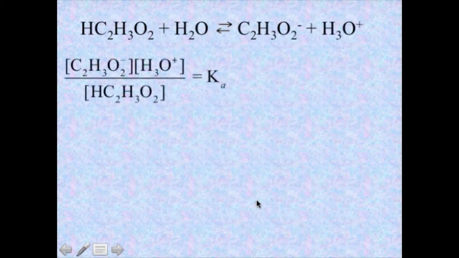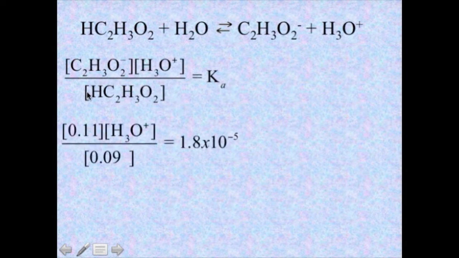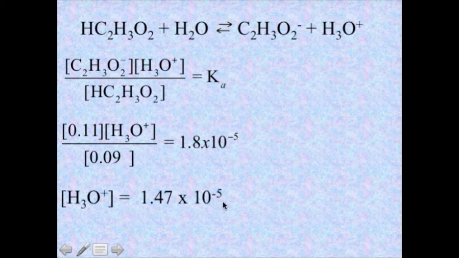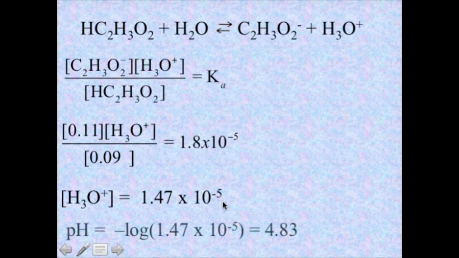All right, so here we go. This is the equilibrium that we're interested in. Acetic acid plus water yields the acetate ion plus hydronium ion. And our mass action equation, of course, looks like this. So now we simply plug in the acetate ion, 0.11 molar, and in the denominator we put our acetic acid concentration, 0.09 molar. We solve for hydronium ion, 1.47 times 10 to the minus 5, and calculate the pH from